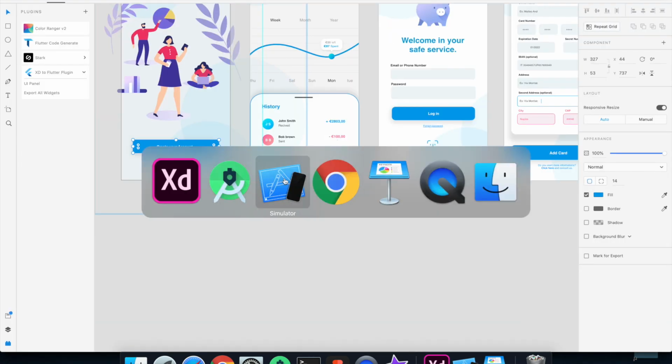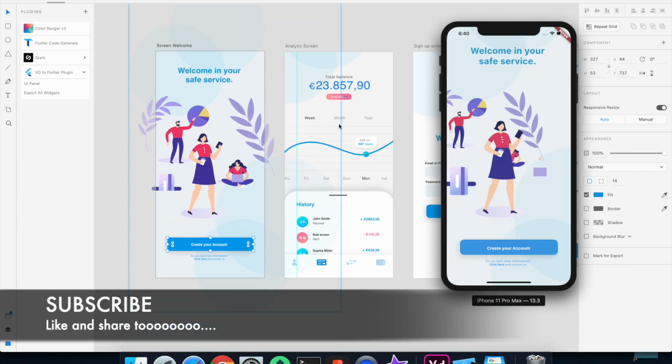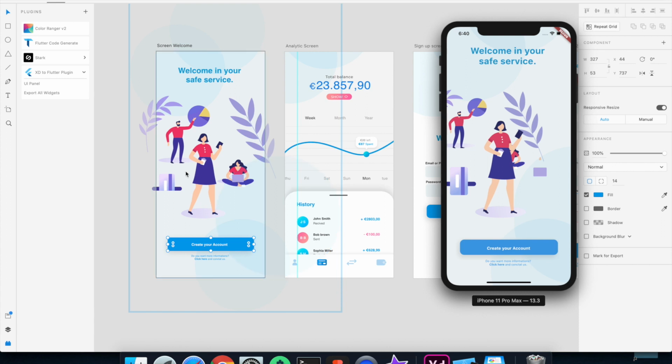I think our screen has loaded. Now look at this. This is our screen from Adobe XD, and this is our application on the right side. Can you see some differences? Almost none, except some things like this girl has moved from here to here, and now she doesn't have any laptop, and the card and the movement of this card. Except for these two things, everything is in its place. So this is the power of the Adobe XD plugin.